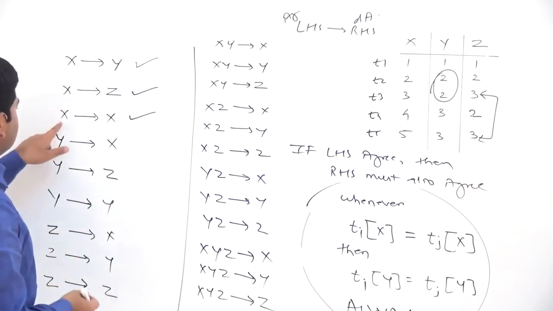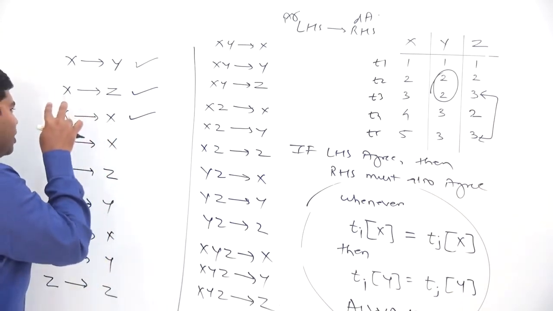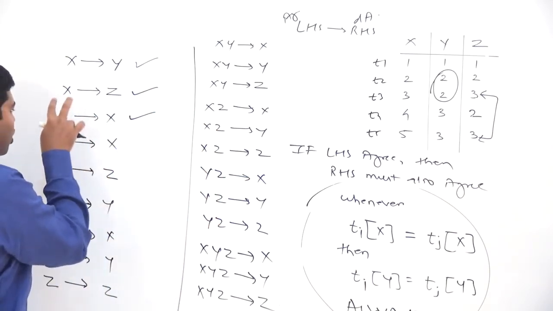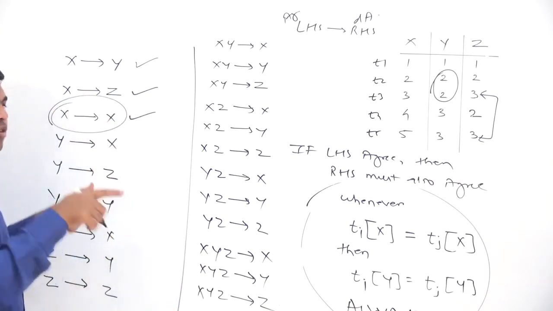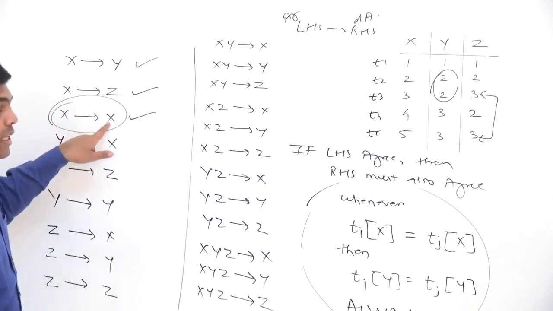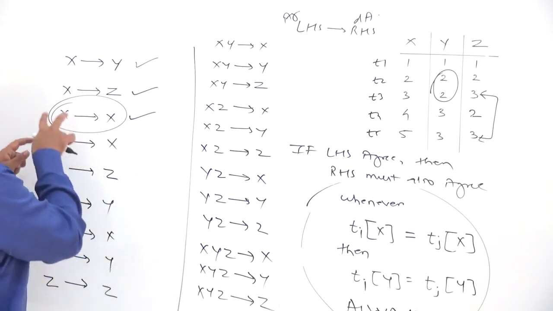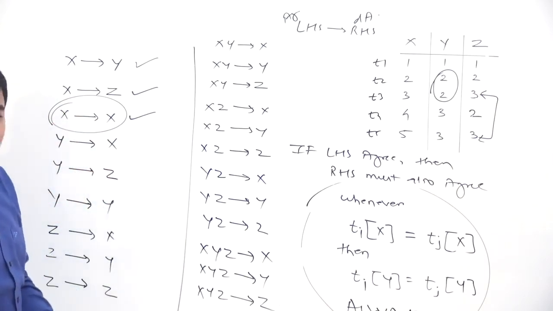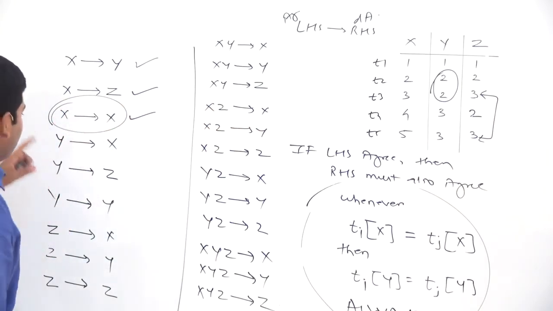And anyways, this is a trivial question. From x you can always give the value of x, and whenever there is an agreement on x, there will also be an agreement on x. Whenever Ti Tj agree on the value of x, Ti Tj will also agree on the value of x. In this case you cannot violate the rule, because violation of the rule needs agreement on the left hand side and disagreement on the right hand side. It is impossible, because it would be like saying two tuples Ti and Tj agree on x but they don't agree on x. That is completely nonsense. When they agree on x, they will also agree on x, and that is why the rule will always be satisfied. Now let us check these rules.